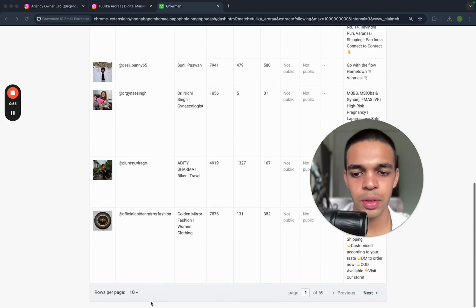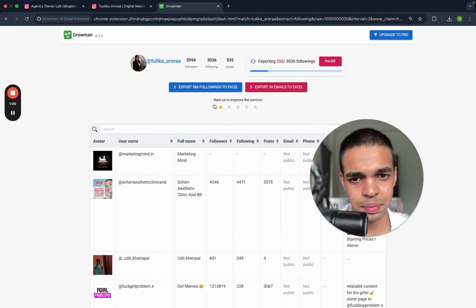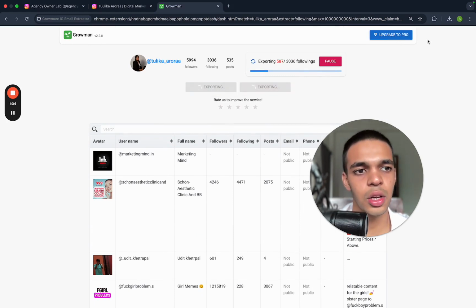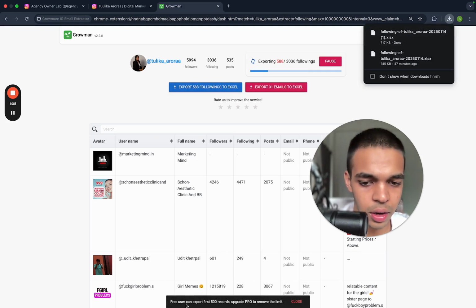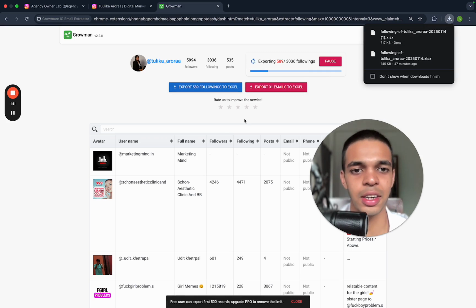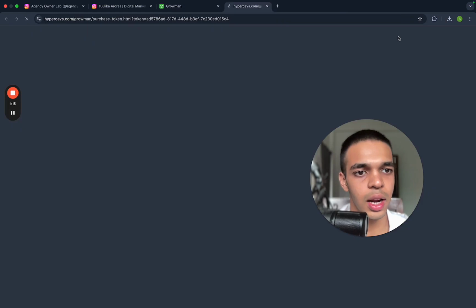So once you're here, you simply click on this rows per page icon. Someone might be like, Somil, you can directly download all these entries to a CSV file. And yeah, you're absolutely right, you can just download it. But if you see over here, you can only export the first 500 records. And if you want to export all the records, you have to